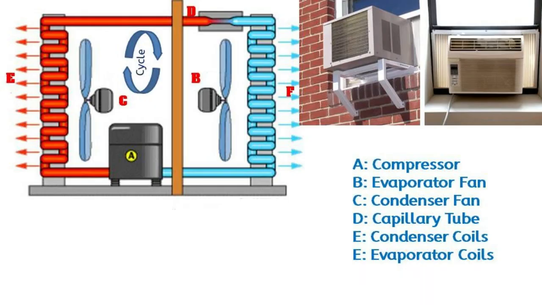During operation, the evaporator blower fan will suck the air from the room to be conditioned through the air filter and the evaporator coil. Heat exchange takes place between the liquid refrigerant and air, thereby converting it into vapor. The low pressure, low temperature refrigerant vapor from the evaporator is sucked by the compressor. The compressor compresses the vapor to high pressure and high temperature and discharges it to the condenser.